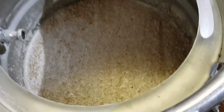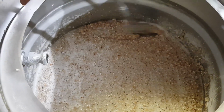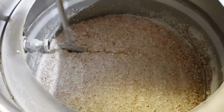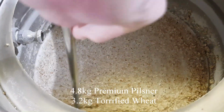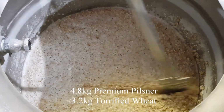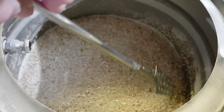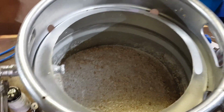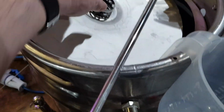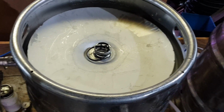Well, that's about as thick a mash as I think I've had. It says 8k grist bill in here, and because I'm going to do a turbid mash, I'm going to be adding more in there. Right,